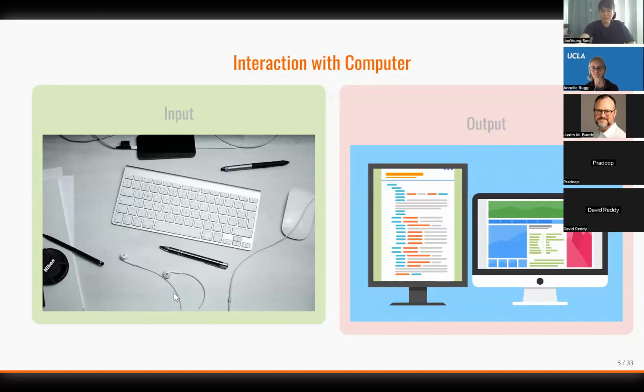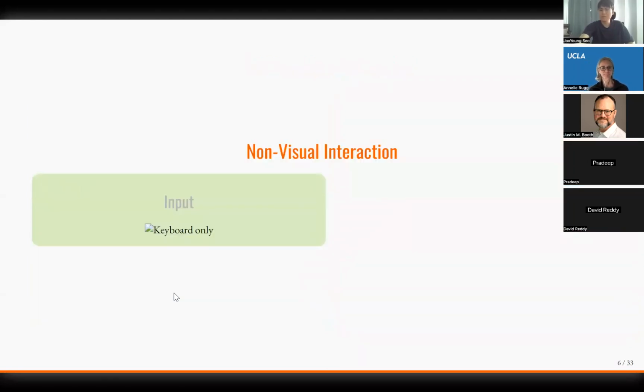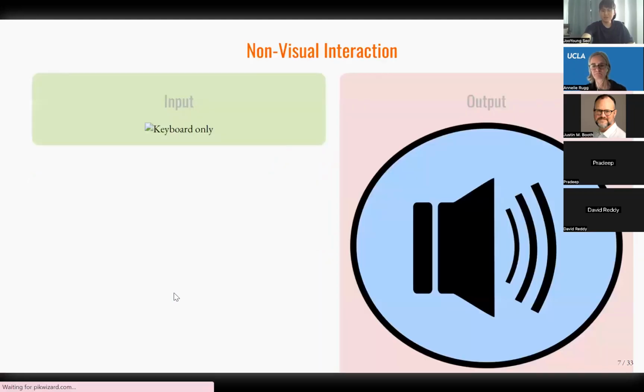But the real problem is the monitor, the output. I can't see the monitor. So I need to use some workaround. I use screen reading software that can translate all the text information on the screen into audible speech synthesizer. So I use a speaker